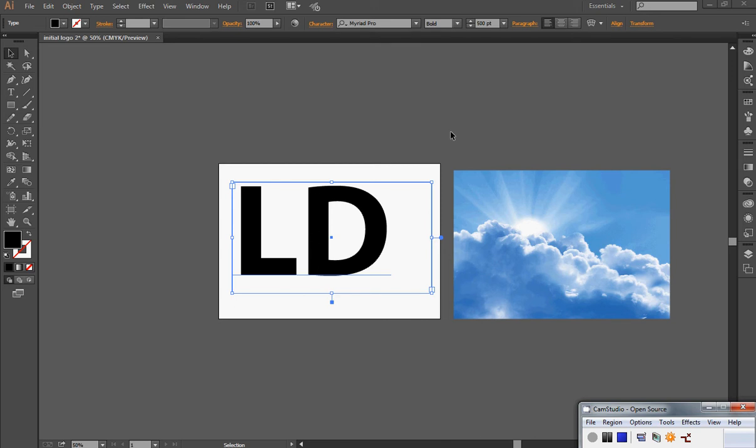I can just use standard fonts in Illustrator as well to create effects. So I've just got here my initials just in Myriad Pro. I put it in bold. I put it in 500 point. I've also got a picture of some clouds here, so I'm going to use to create a background in these